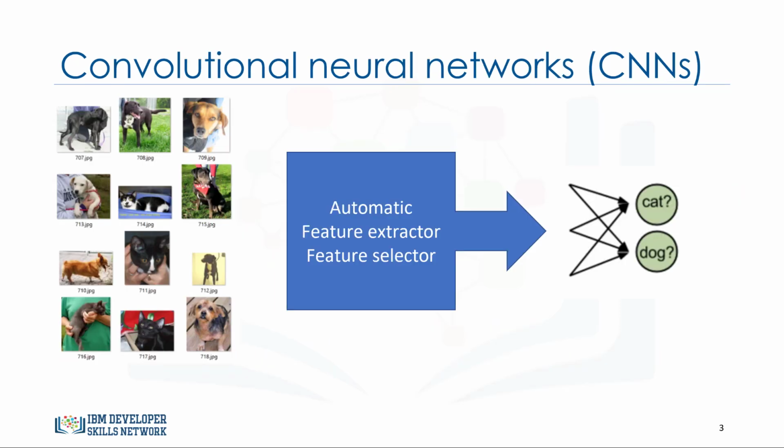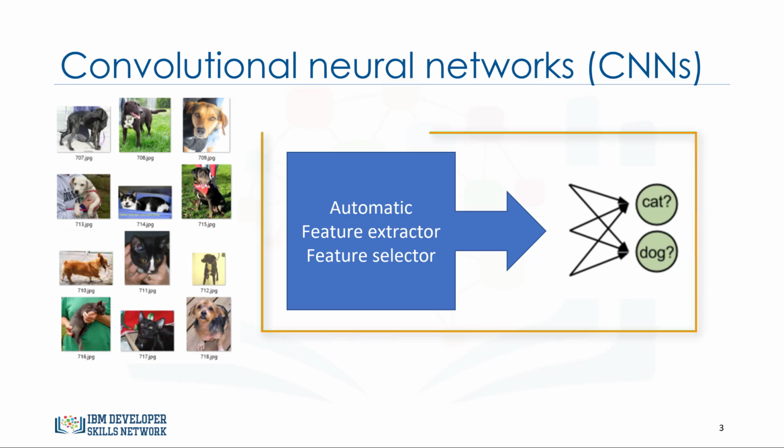Convolutional neural networks, or CNNs, try to solve this problem by using more hidden layers, and also with more specific layers. So, when using CNN, instead of you choosing image features to classify dogs versus cats, for instance, CNNs can automatically find those features and classify the images for you.